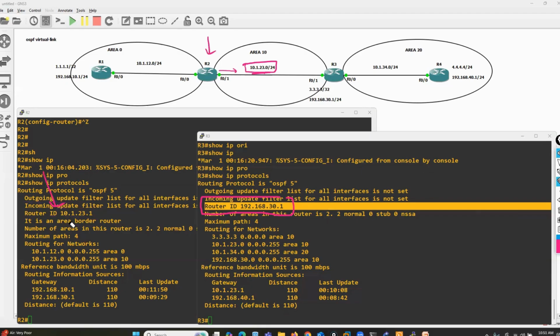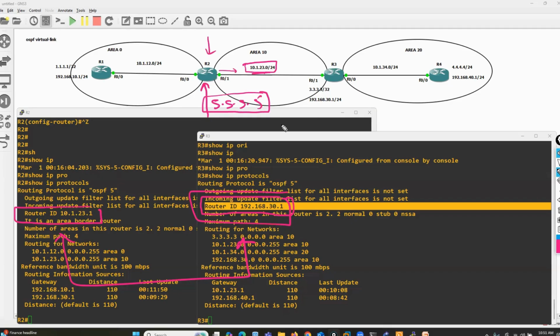The problem is what? Once you exchange router ID information with both the routers with the virtual link command, no problem, you can do this. But the point is, after 1 month, after 2 months, an administrator creates a new loopback interface here, for example 5.5.5.5. Remember, once you have a loopback interface,